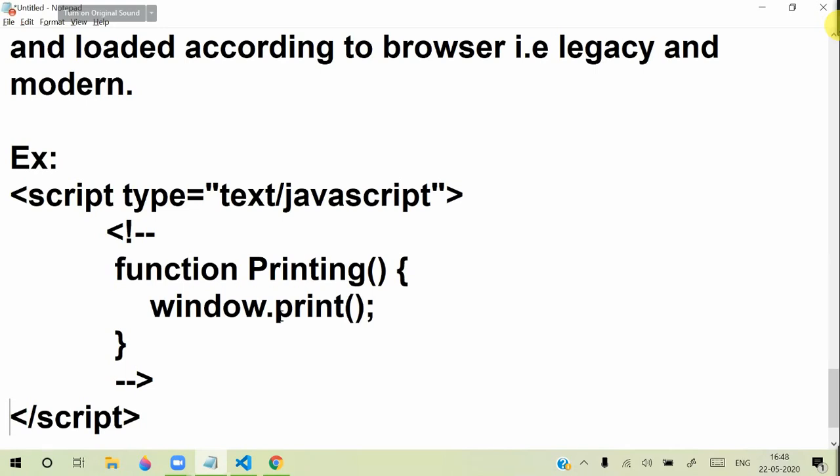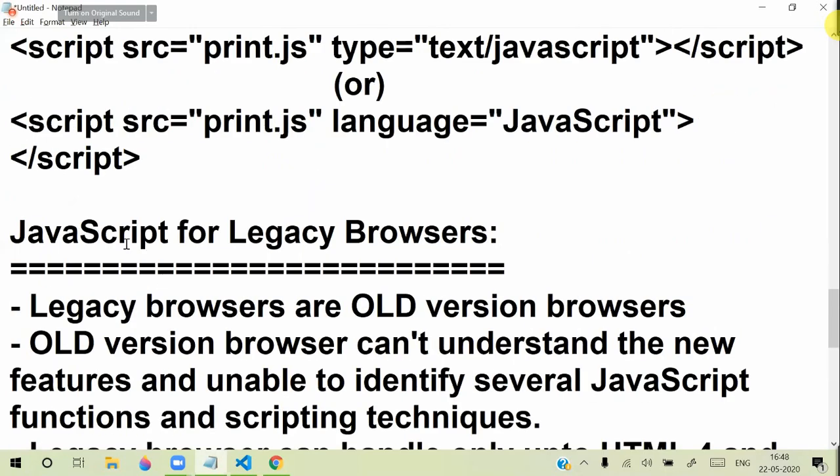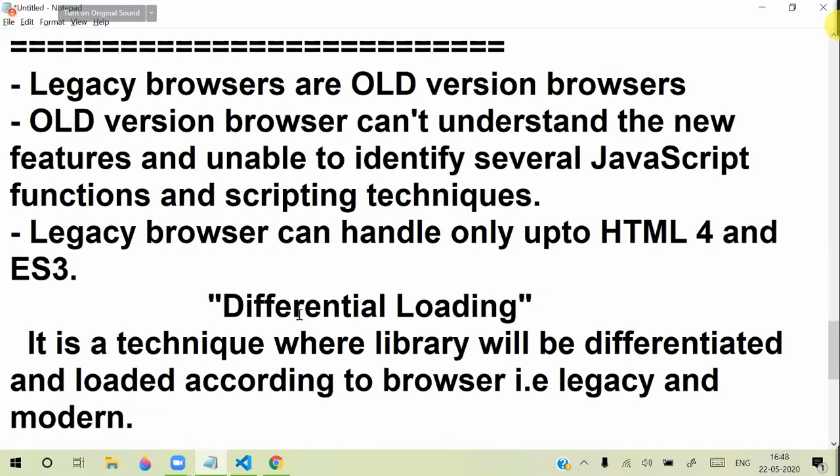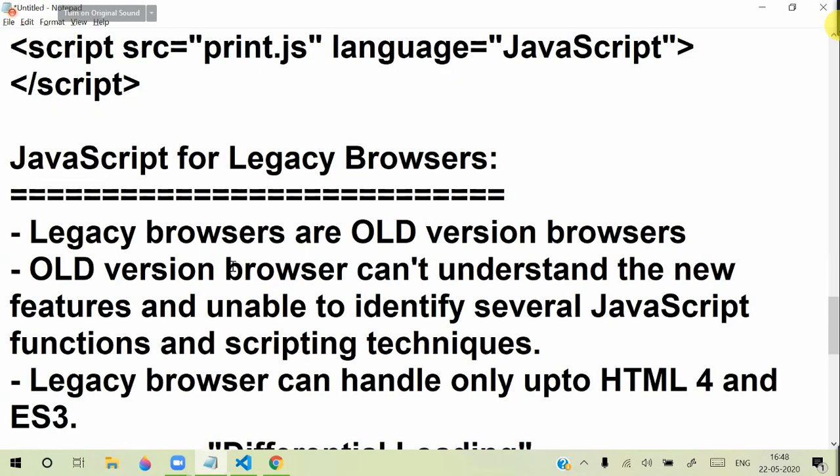That you will understand and learn in later stages, means how to write for old version, how to write for modern, what differences are there, you will see once we start working with JavaScript. But including this is very much important when you are writing JavaScript functions. So this is one important point about legacy browsers. How do we deal with legacy browsers? Okay, code targeting for legacy browser. So that is one point. Next, another important point is